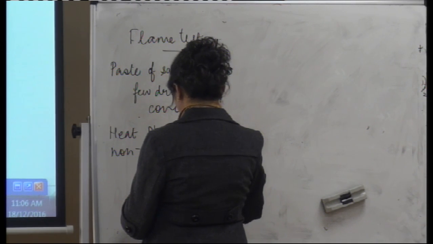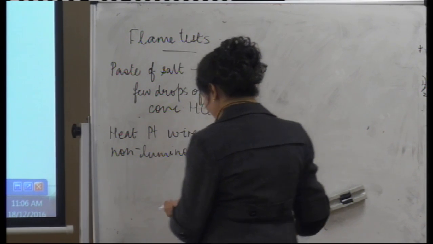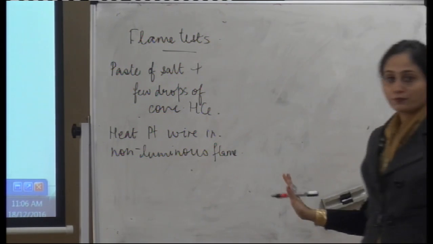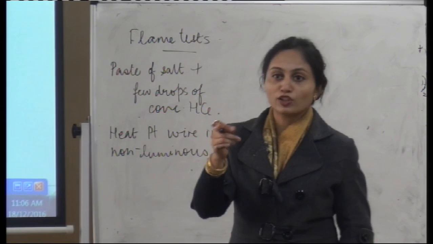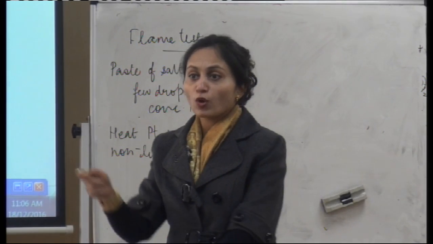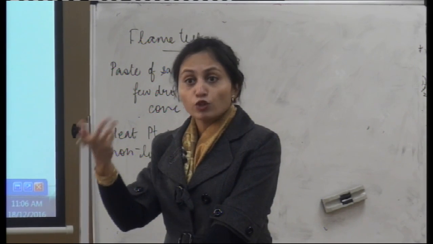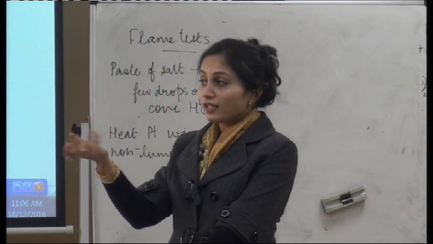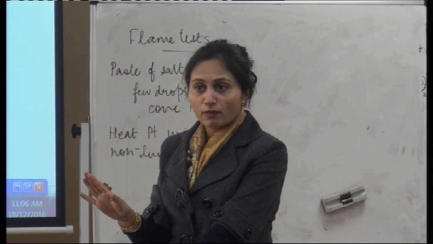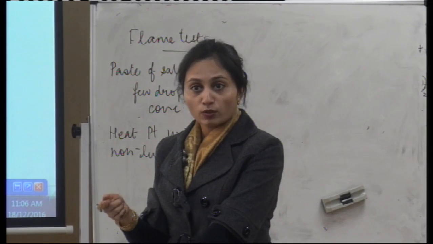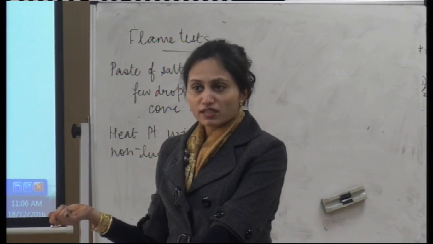Non-luminous flame, and hold it in the flame. आपने क्या करना है, एक platinum wire है, it will be available in your lab. Take the platinum wire, non-luminous flame मतलब जो बहुत ज़्यादा luminous नहीं है. Luminous क्या होता है, जो बहुत ज़्यादा light throw कर रहा है, which is like normally blue in color, perfect for the Bunsen burner. लो उसको गर्म करो, फिर उस पेस्ट में लगाओगे तो फिर वो चिपक जाएगा पेस्ट उसको,